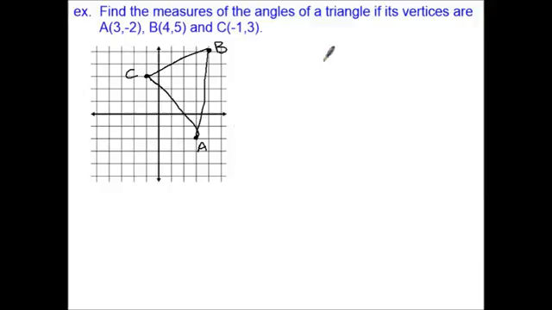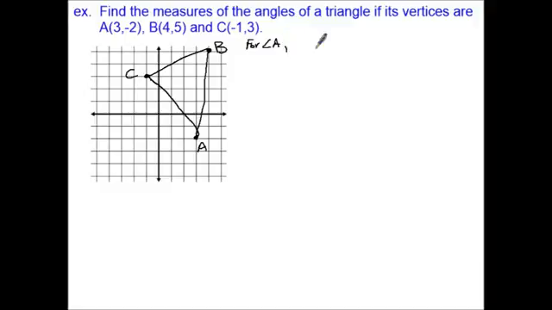Alright, so again, I want to find all the measures. Well, realistically though, keep in mind that as soon as I find 2 of them, the third one is simple. Just do 180 minus the ones you've found already. So you don't have to do what I'm about to do 3 times, you can get away with just doing it twice. Okay, well, just for argument's sake, let's find angle A. It's the one I drew the worst, why not? Alright, so for angle A,